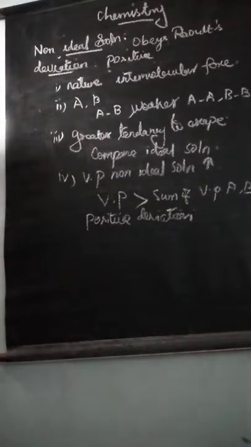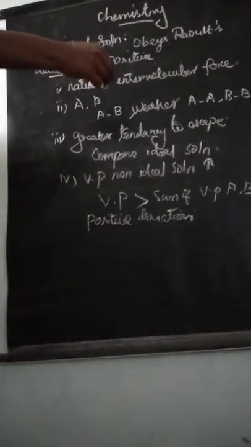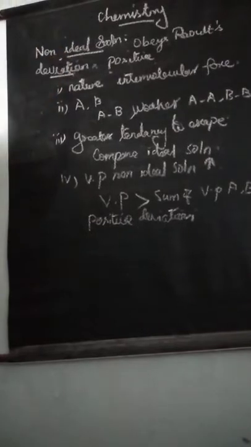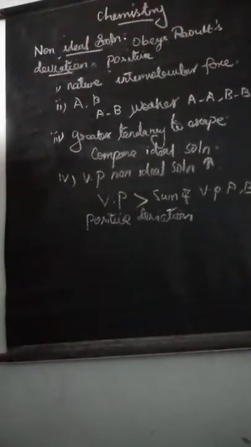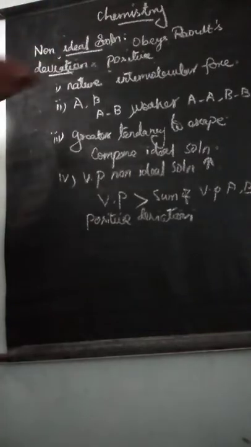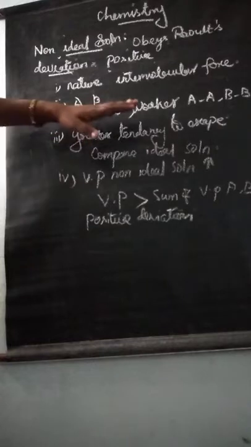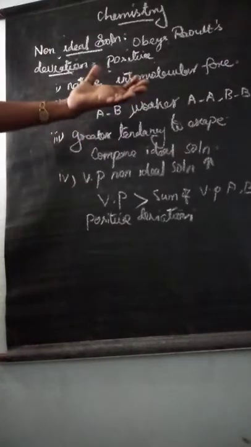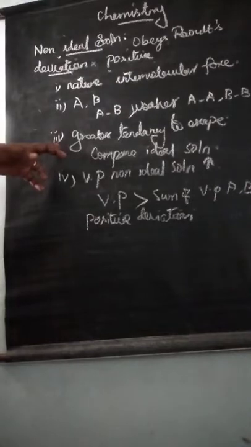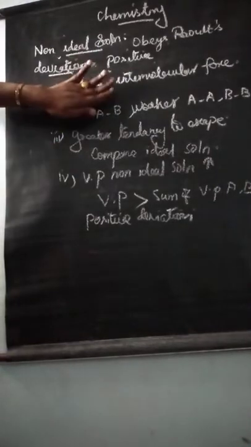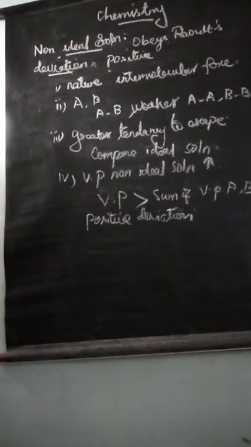Then second point, consider components A and B. Here the force of AB is weaker than the force of AA and BB. Then third point, the molecules have a greater tendency to escape from the solution